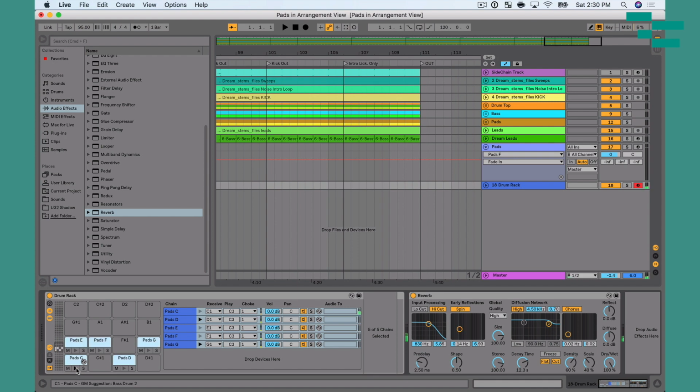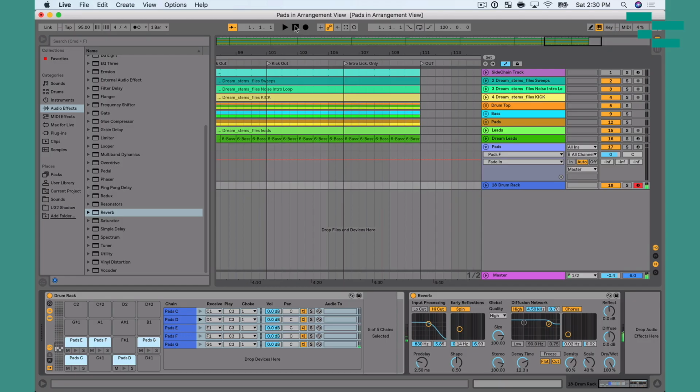Let's trigger C. Okay, and let's change our key to the key of G. Okay, and you hear it slowly fades out because of that reverb, and the next pad slowly fades in, which is perfect. Now if I was to hit stop in Ableton Live, it's gonna send all notes off and stop